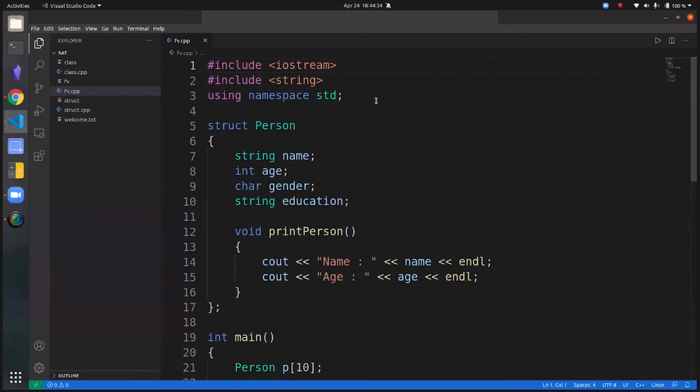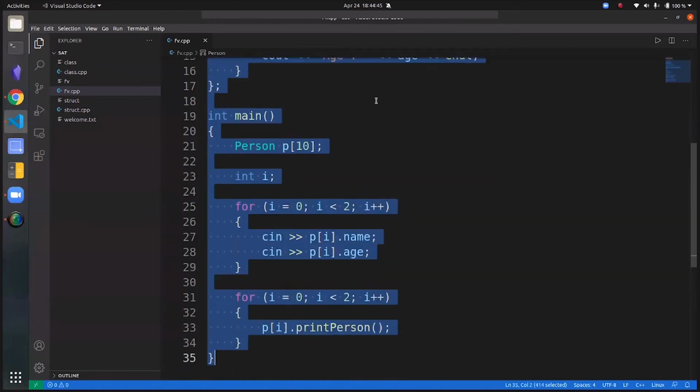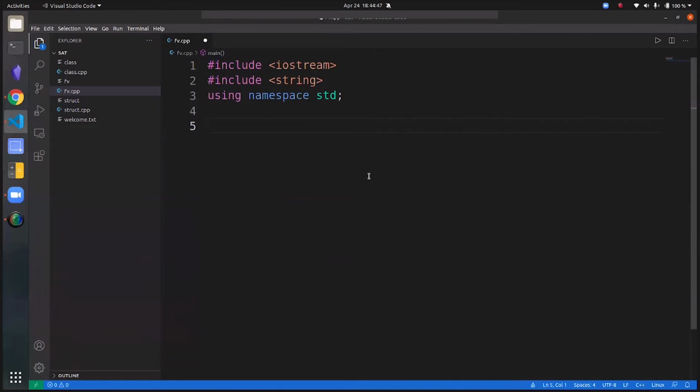So yeah, this was a pretty simple example, the person example. You don't see an immediate real world application to it. So I think it would be better if I gave you another example. Let me show you just what I mean. So let's declare another structure.